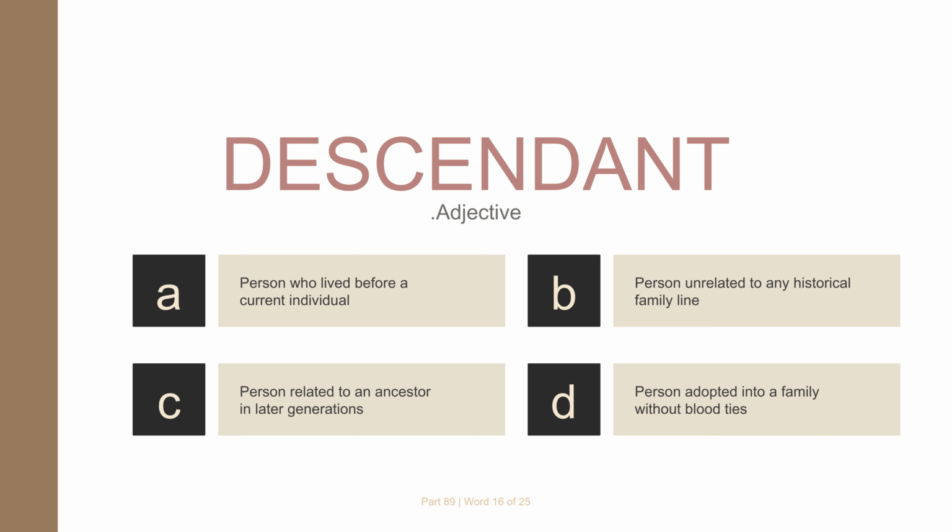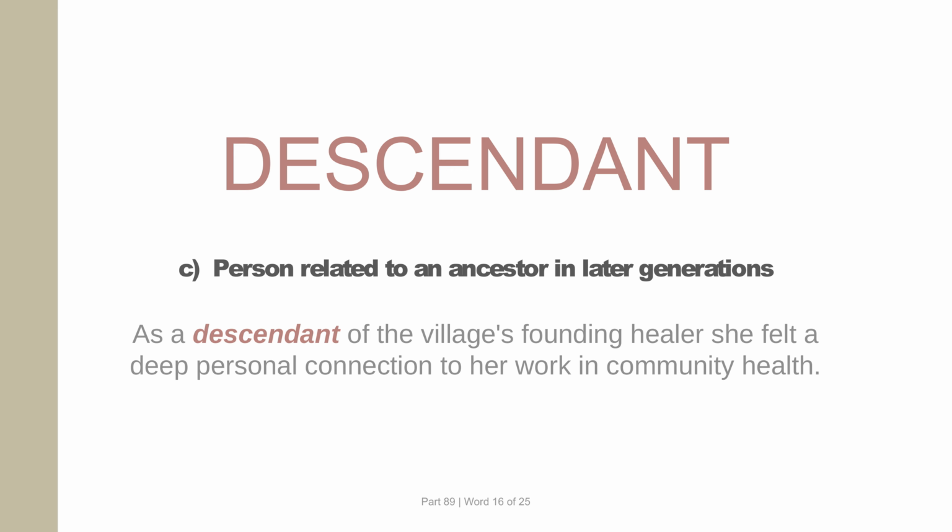Correct answer, option C. The correct meaning of descendant is person related to an ancestor in later generations. Example: as a descendant of the village's founding healer, she felt a deep personal connection to her work in community